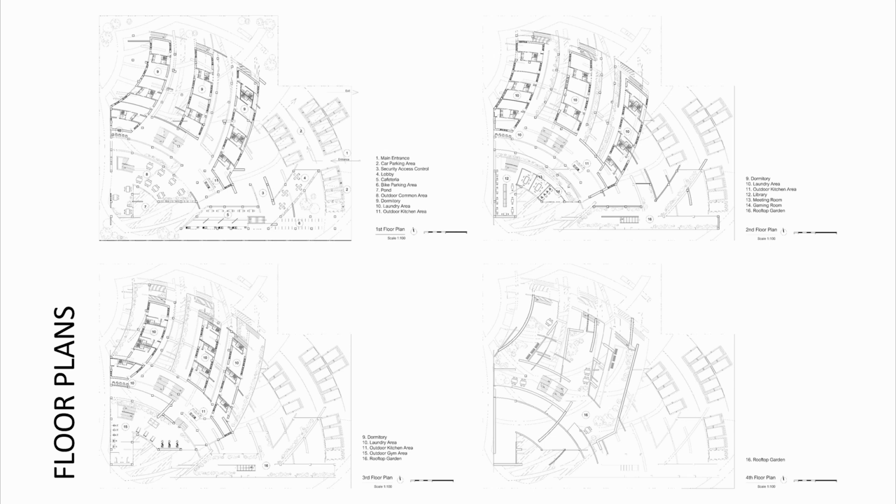The third floor has an outdoor gym area for the students to work out, while the fourth floor has a rooftop garden where students could visit and admire the view around the site. The dormitory will be in the first three floors, and each floor will be provided with a kitchen and laundry area.